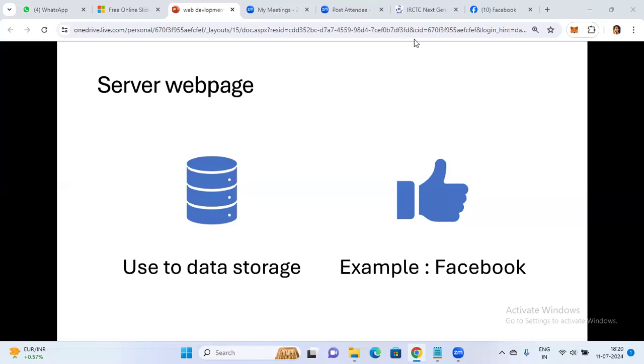Okay. So I request that not only one person should write in the chat. I request all the people to write in the chat so that I'll understand you have understood the topic. At least if you're not interested in writing, at least type yes in the chat if you understood all three topics.